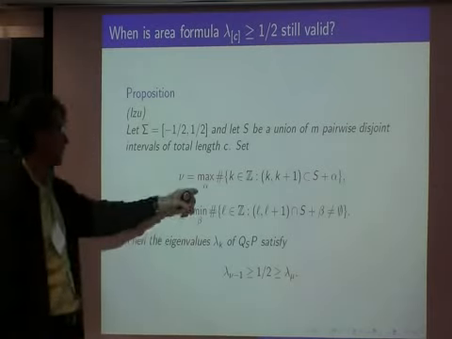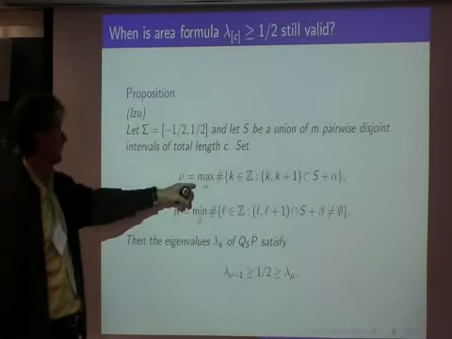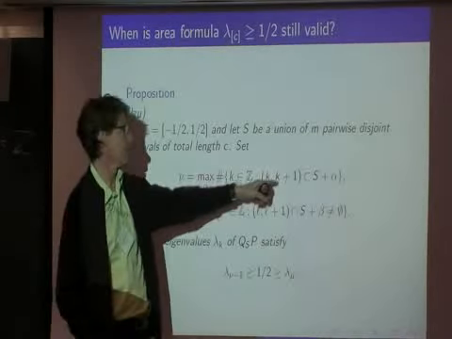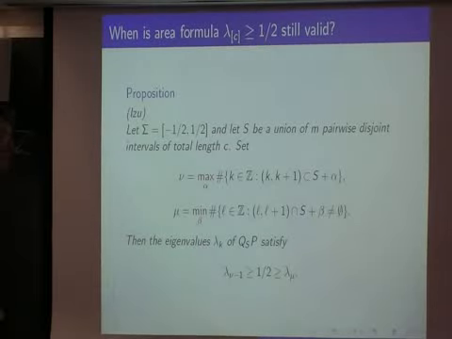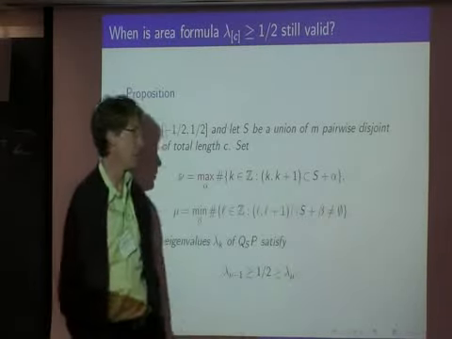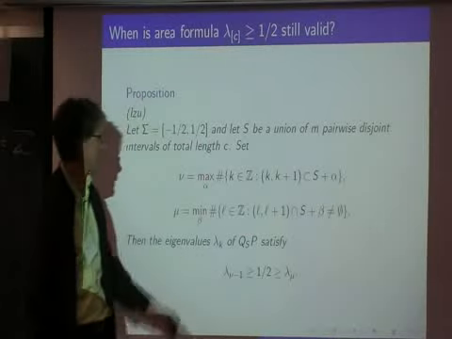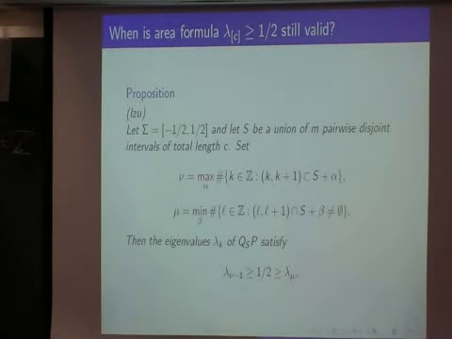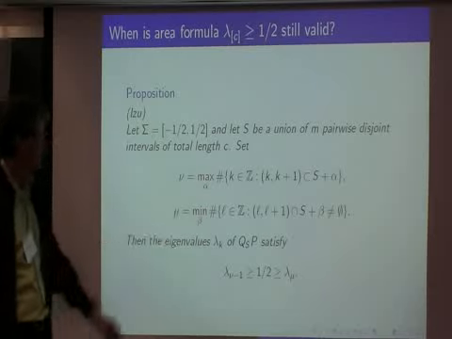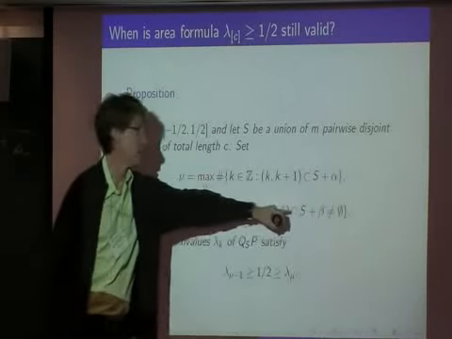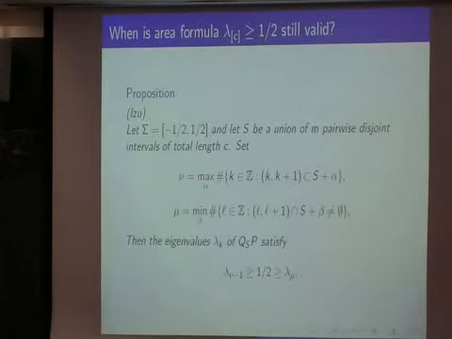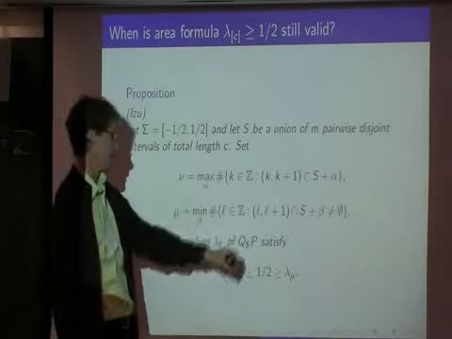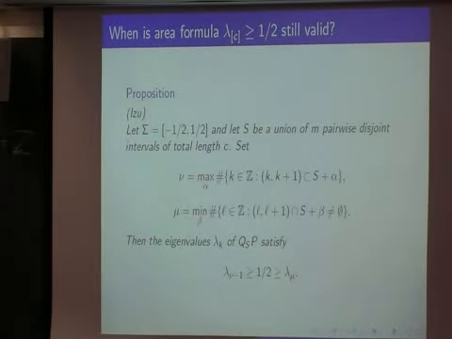But the point here is that you look at intervals of the form k to k plus 1, and you count how many of them sit inside of S, or at least some shift of S. And I'm taking the max over all possible shifts. So I'm trying to fit as many intervals of length 1 inside of the time support as I can. And here I'm just counting how many intervals of length 1 are intersecting S. And I'm minimizing that, and then it turns out that the number of eigenvalues of this operator,